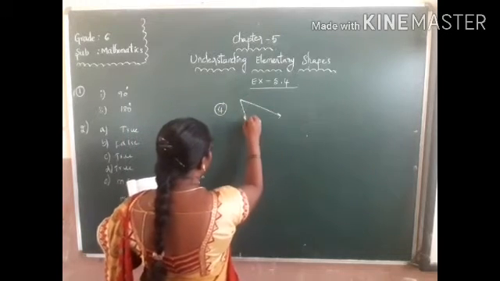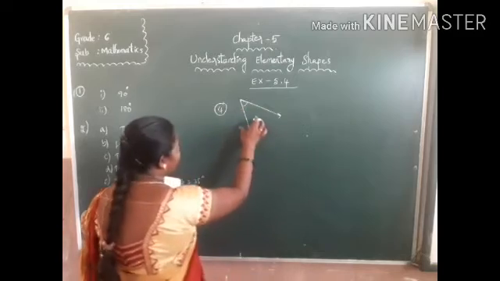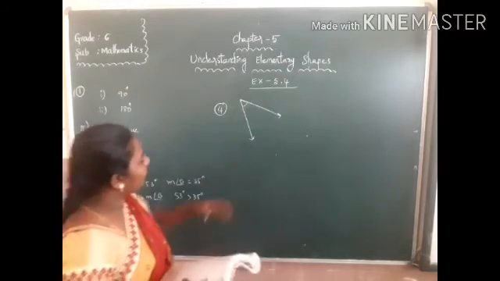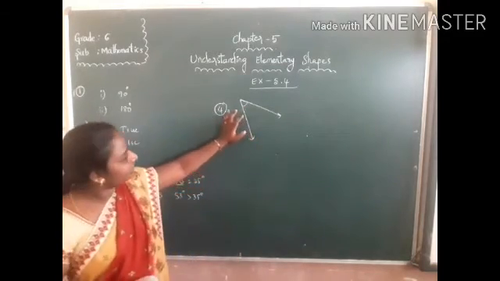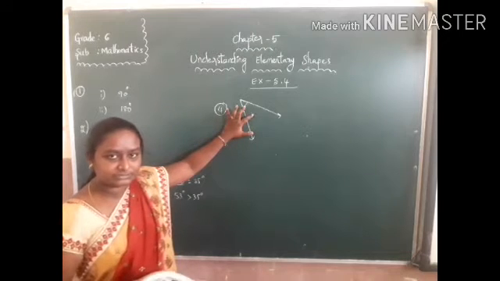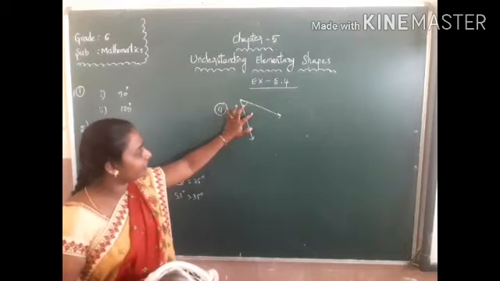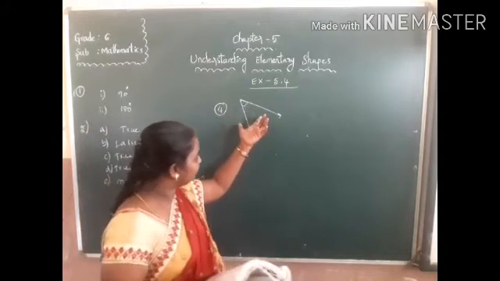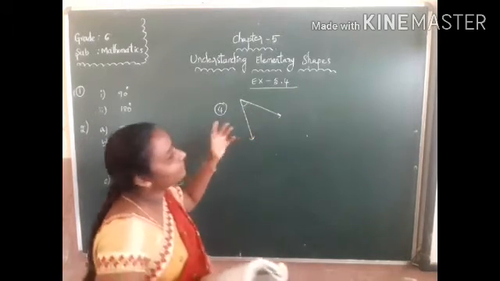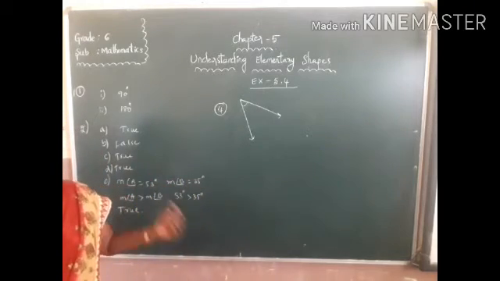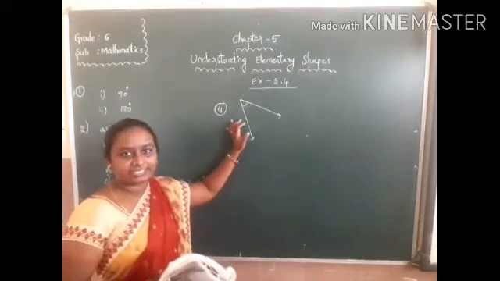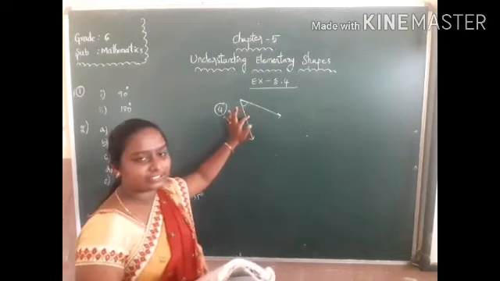So first one, here he has given this one. Here what is the approximate value, tell me? Is it 30 degrees or 45 degrees? Without taking the protractor we can't say. So simply we will say approximate value.